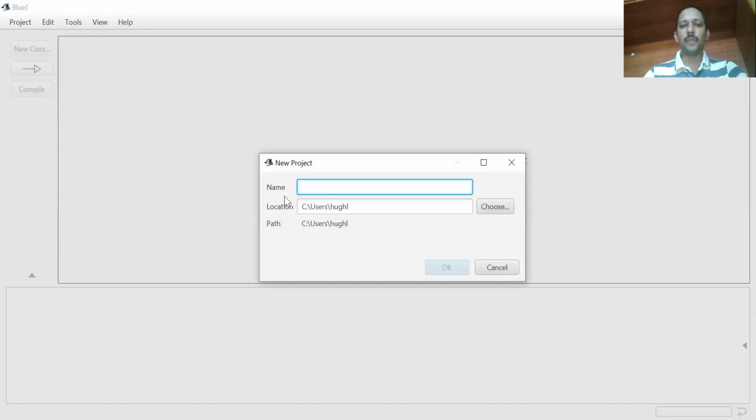Here type the name, whatever name you want to give. If you want to give your name, give your name. Location, wherever you want to save, that is in D drive or E drive or F drive. Choose the location where you want to save. The default location is C users. And the path. Now I am giving the name as class 9th, capital letters I'll type, class 9th